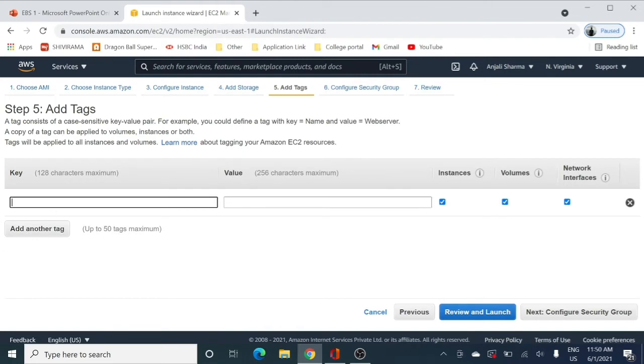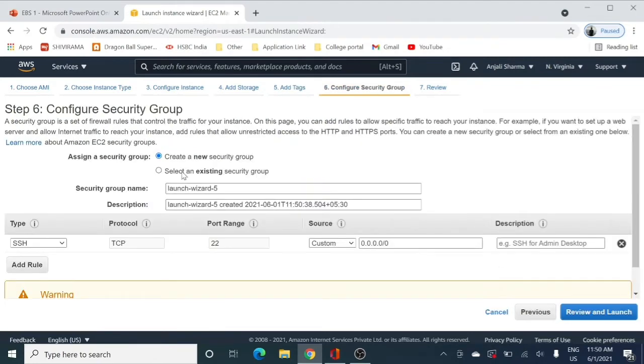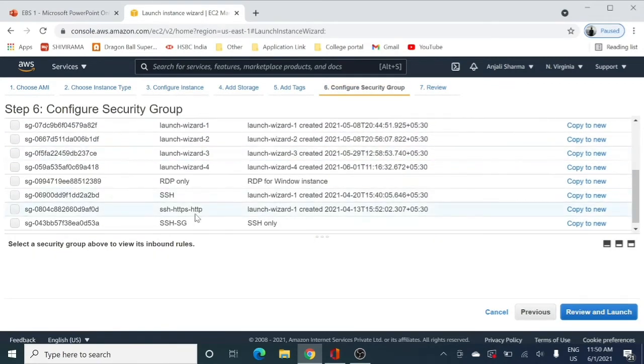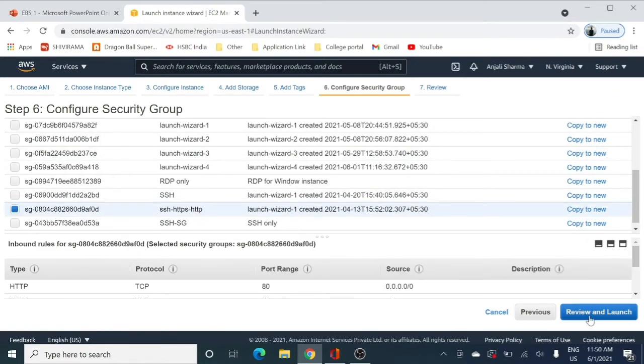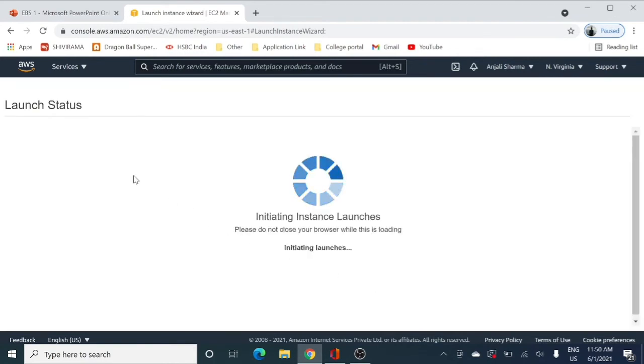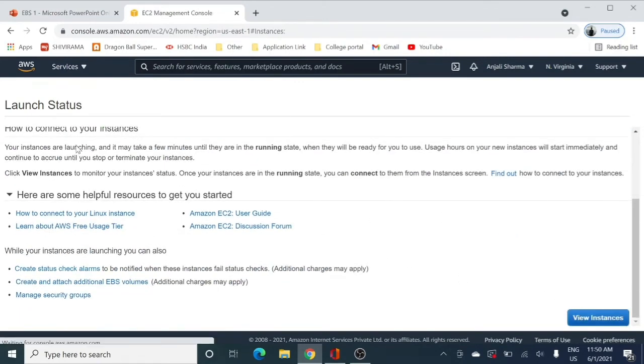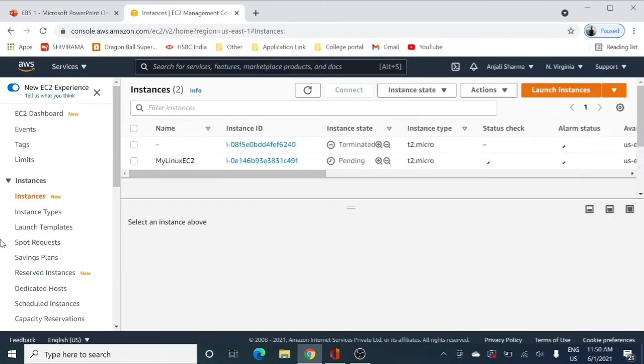So of course I will be naming my EC2 instance, because this time I will be creating two instances. So this will be my Linux instance, right? My Linux EC2 security group. I will be going for the existing security group which has SSH enabled, and I will be launching the instance with my existing Linux key pair. So I have launched one instance right now, which is the Linux instance, right? If I view it, this instance is now being created.